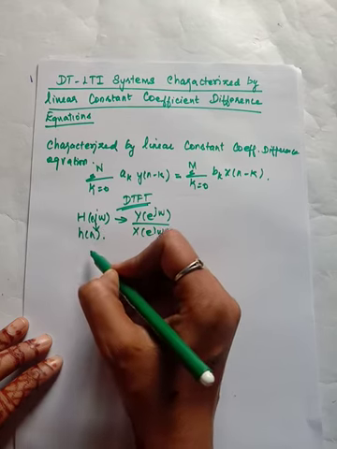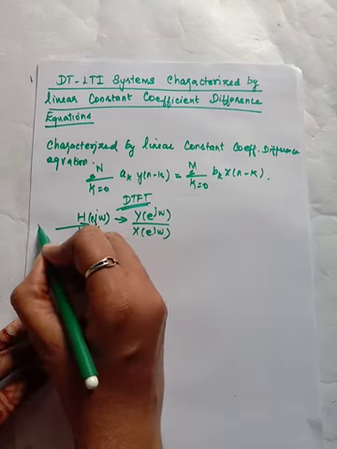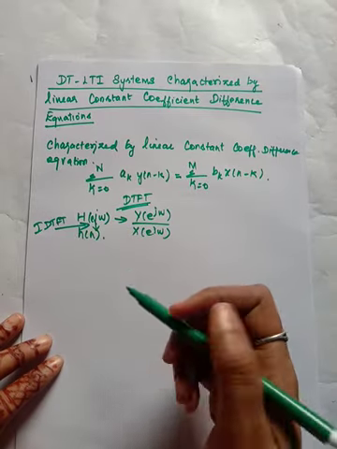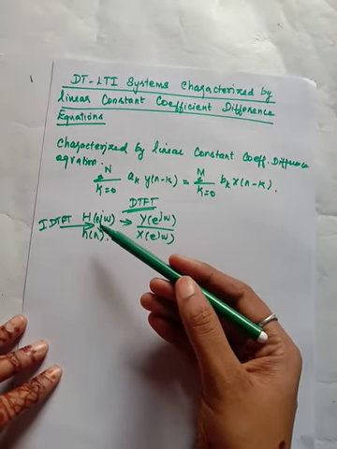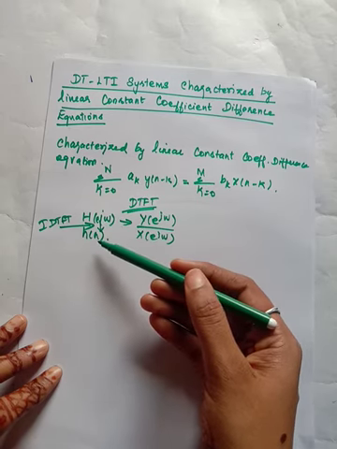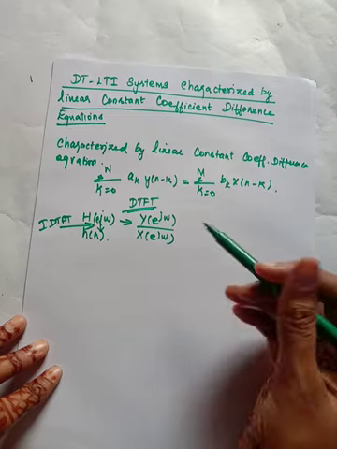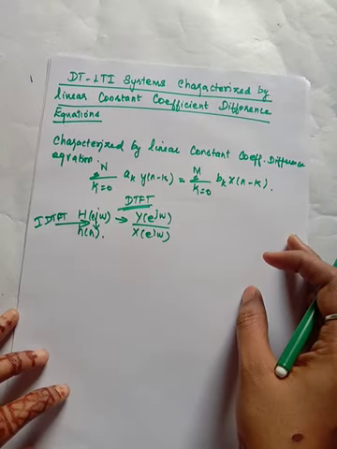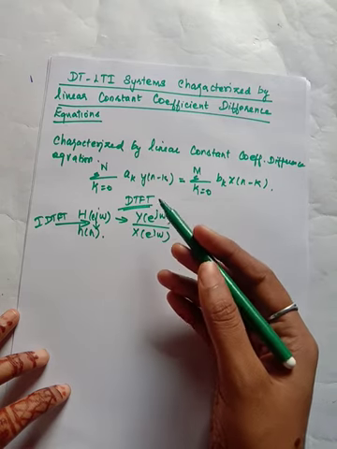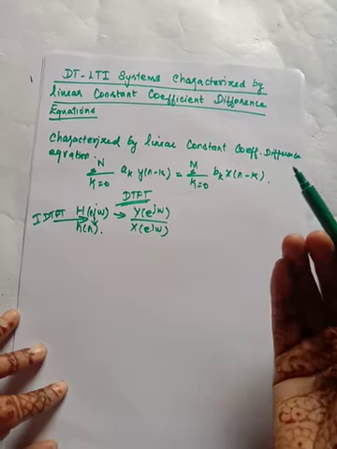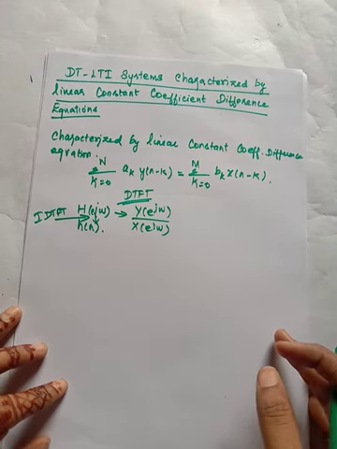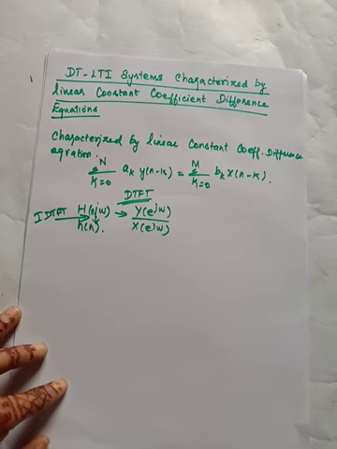Then, in order to convert to h of n, here I am going to use the inverse DTFT. So in this manner we are going to proceed, finding H of e power j omega and h of n, that is the impulse response of the system. This is similar to the differential equation, but here we are going to use the difference equation. The remaining procedure is the same. Now we will discuss a few problems related to this.